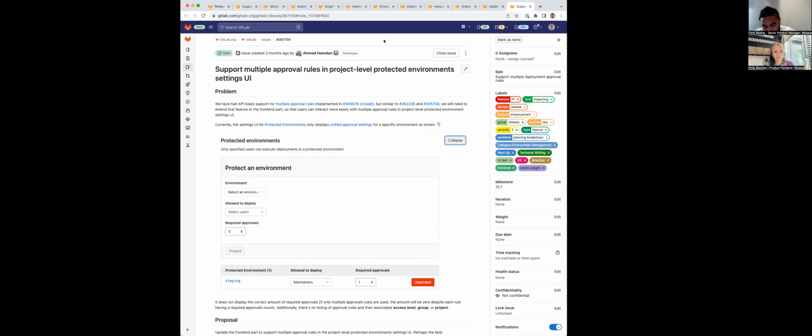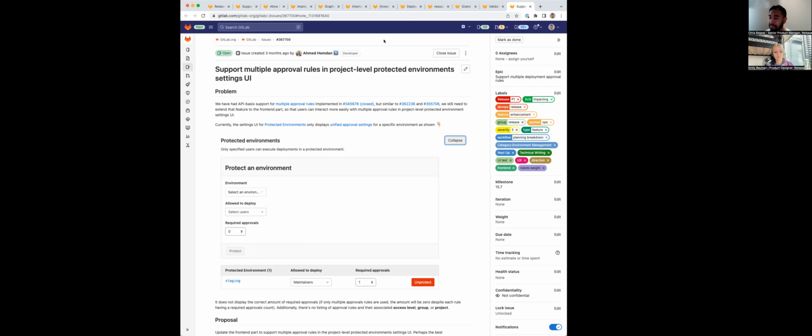Today, what the configuration UI presents is configuration for what we call the unified approval rules. What we're going to do with this change is change that to default to the multiple approval rules option that